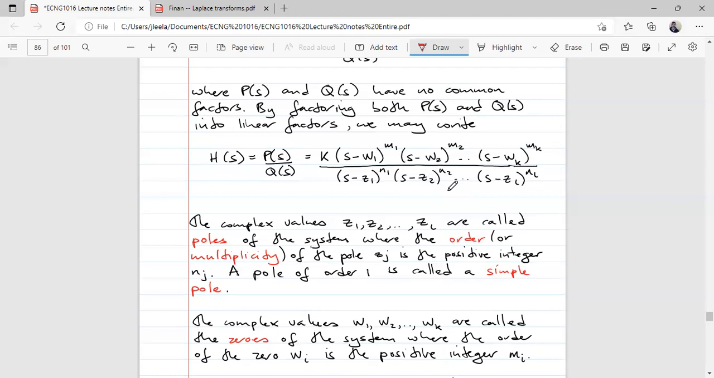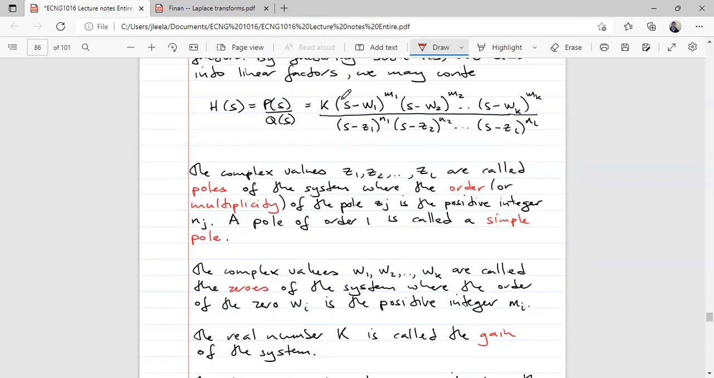Right? And the order is also called the multiplicity. So if the order of the pole is 1, the multiplicity is 1, we call it a simple pole. If the order is 2, we call it a double pole. So if the power is 2, we call it a double pole, and so forth, a triple pole, and so on. And then the values in the numerator that will make these factors 0,